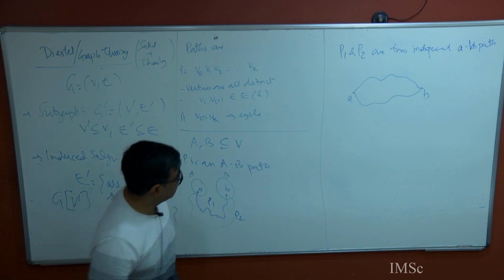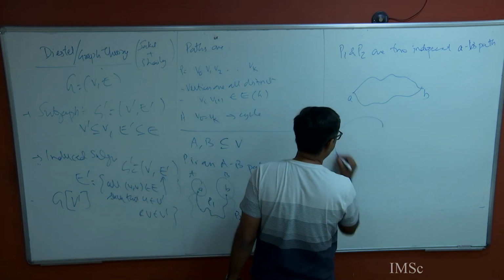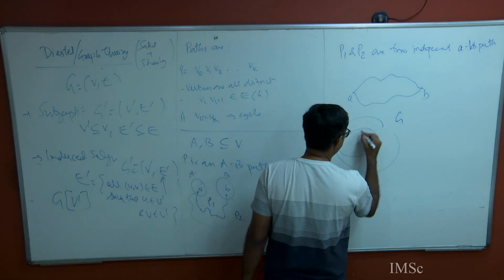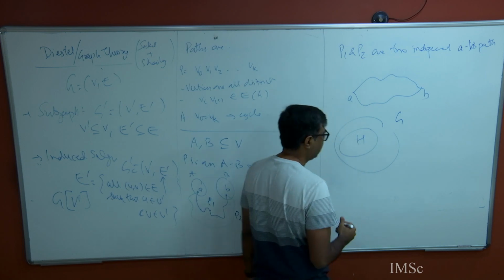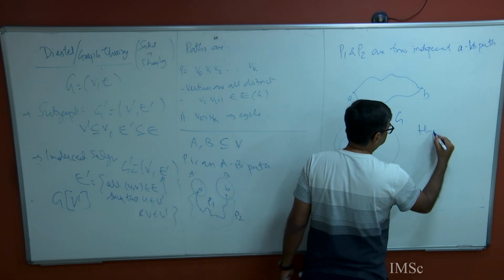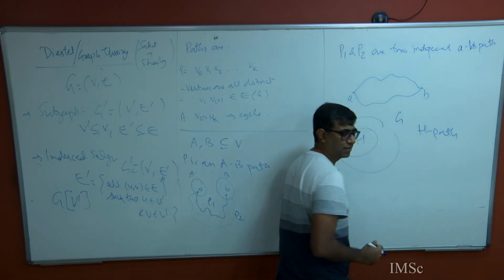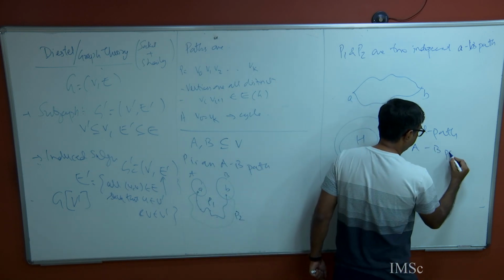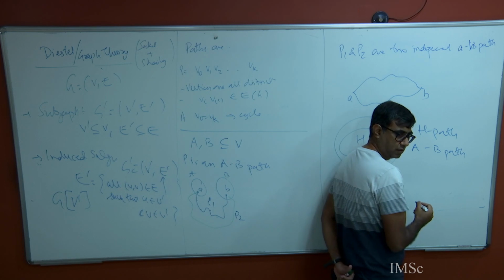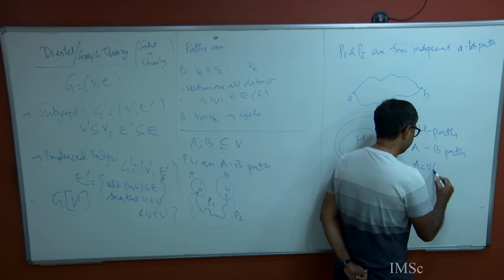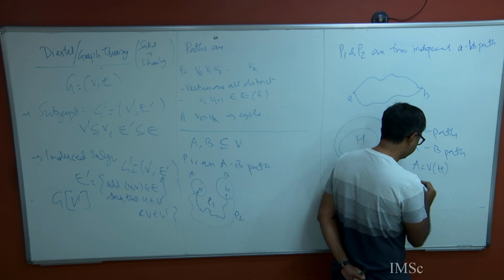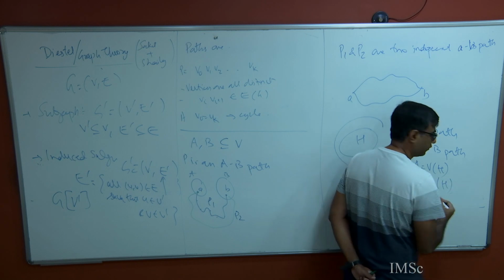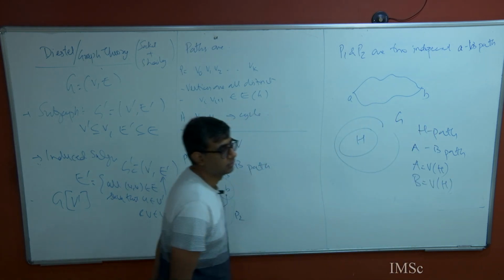There is also a notion of, you are given a graph G, and suppose you have an induced subgraph or subgraph H, and you call something an H path. So an H path will basically mean an AB path where A equals the vertex set of H and B equals the vertex set,